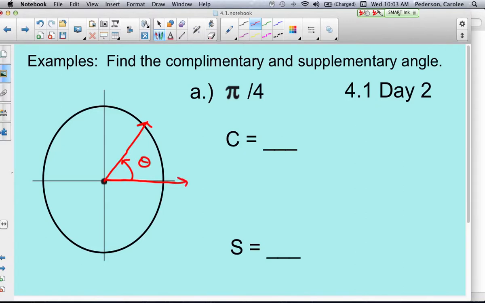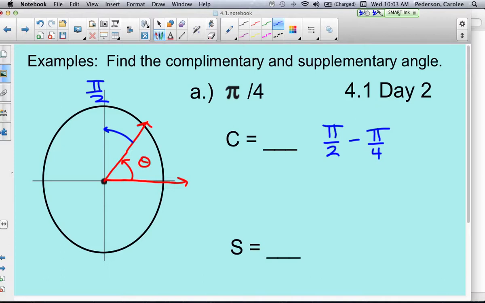And we want to find the complement first. So what would be the complement? How much more do I need to get to pi over 2? Another piece of this pi over 4. If you're not comfortable with seeing that, do what we did yesterday and take what you want, a total of pi over 2, subtract out what you're given, pi over 4, and then what you're left with is that other piece of the pi. So we would take pi over 2, minus out our given, pi over 4,